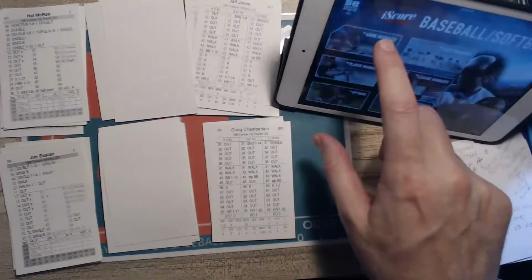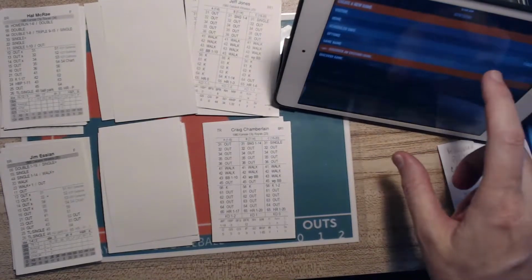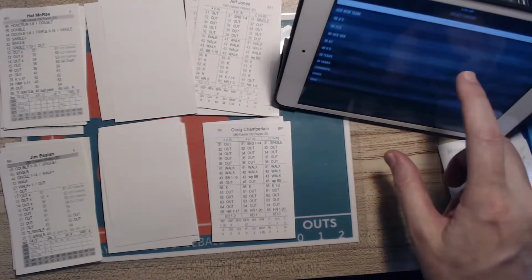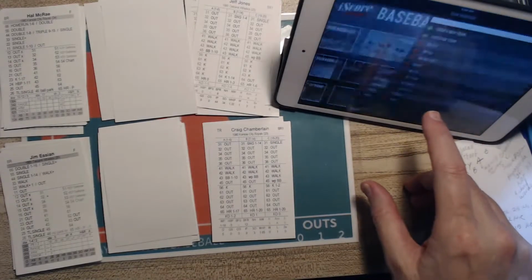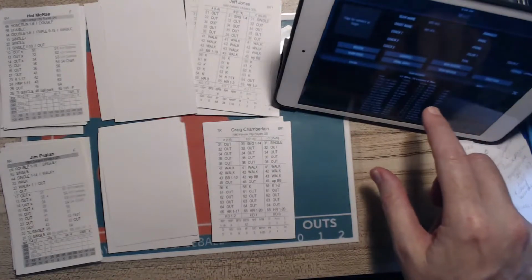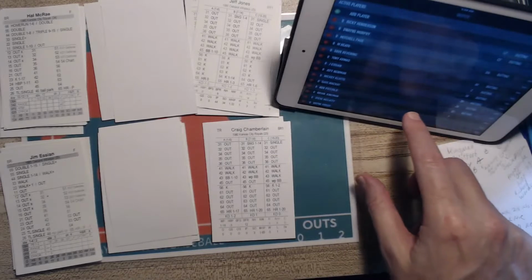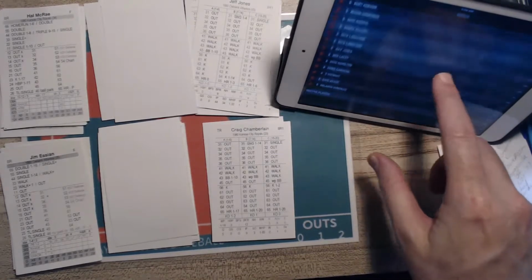I go back to create a game. And then let me check out the roster. You know, I'll check out the roster in the team manager using iScore to track my stats. And I do hate when I create double players because then I gotta add up the two players. Yeah, I got two Rick Langfords.